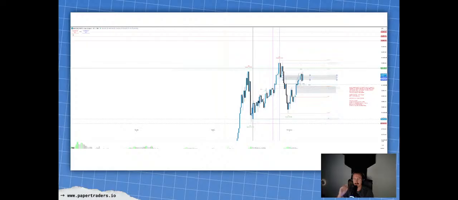So if trend starts to go, then we'll trade in the direction of that trend. Price is currently tapping into the 15-minute FVG, where we have seen past rejections